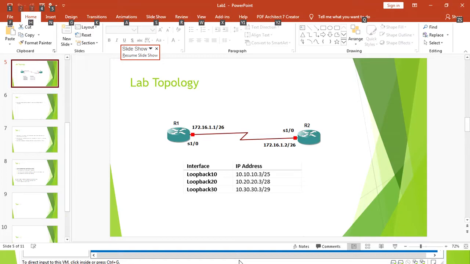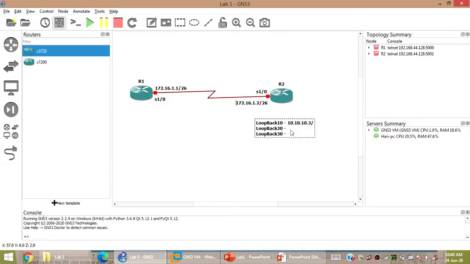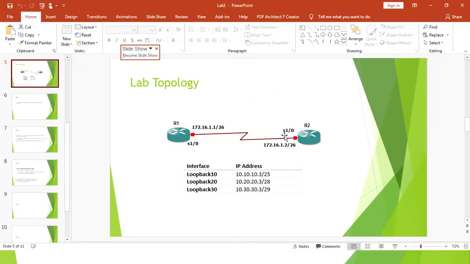Let me type it out so you all can understand. You can see the CIDR ranging from 25 to 29, which is my subnet mask: 10.20.20.3/29, 28, and then 10.30.30.3/29. These are the loopback addresses that I need to assign to R2.